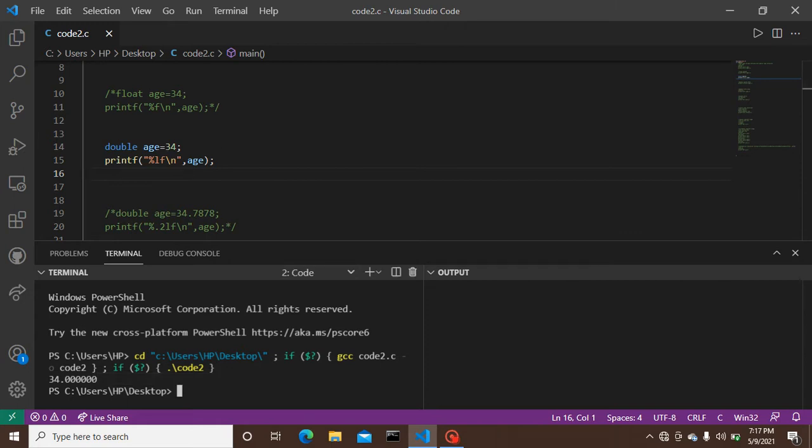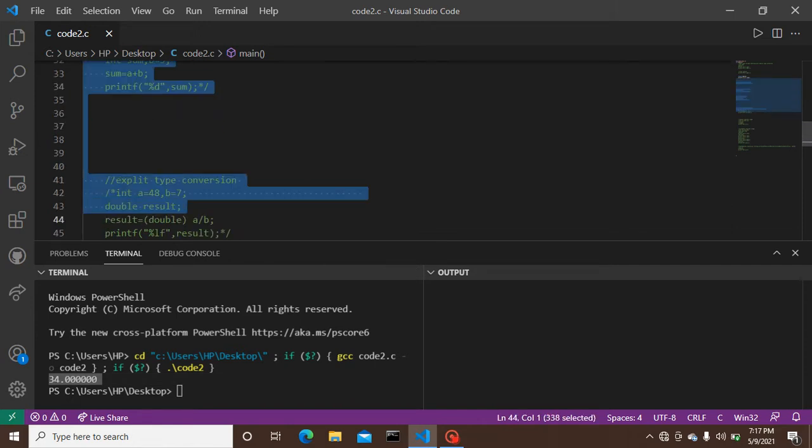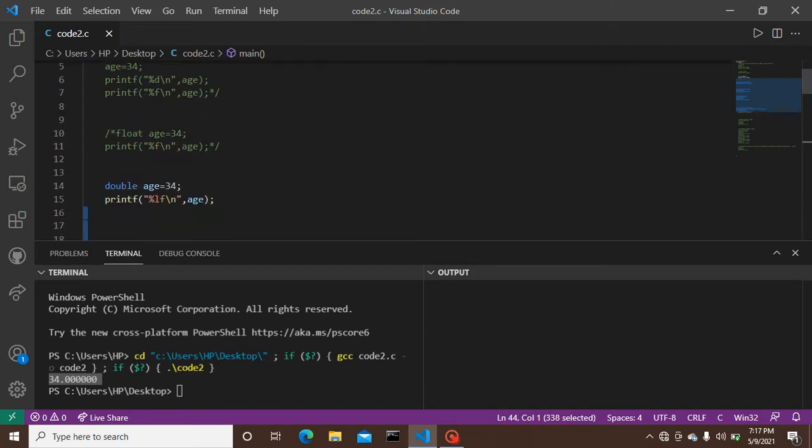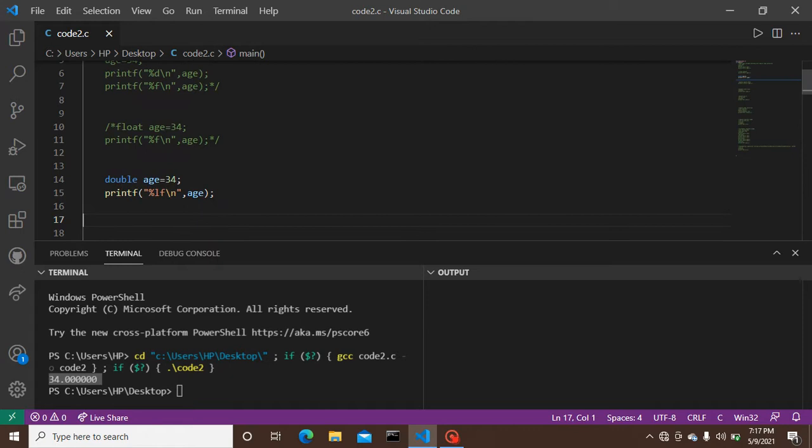What we provide as input, the required output is given by the compiler according to our code. Now let's make it also a comment so that we proceed to our next code.